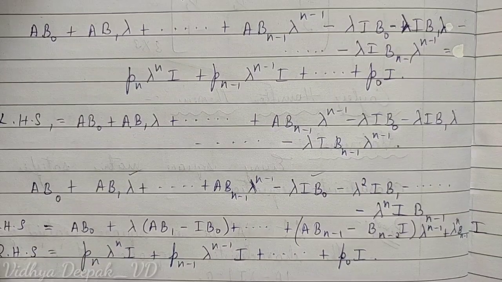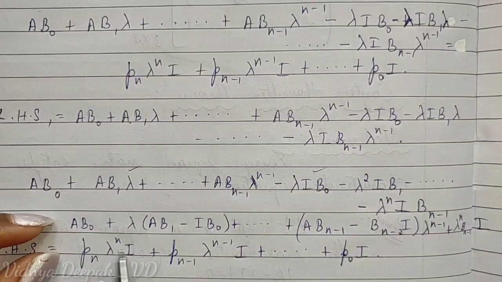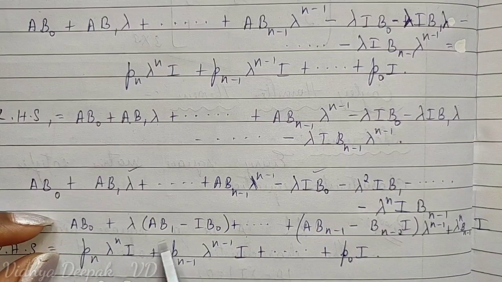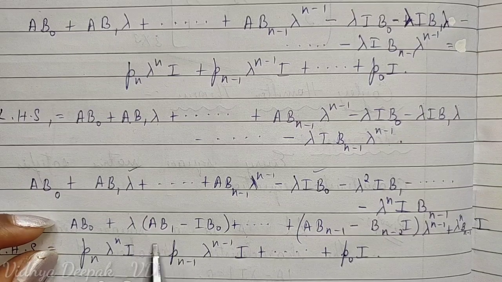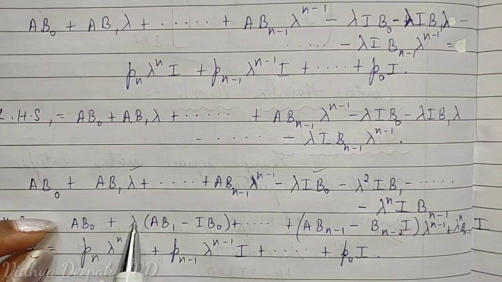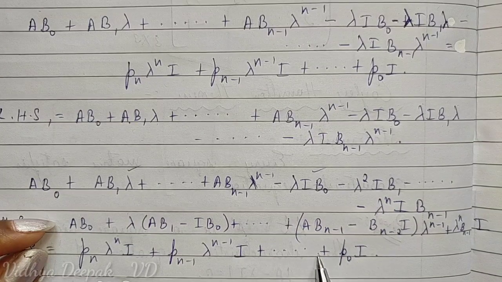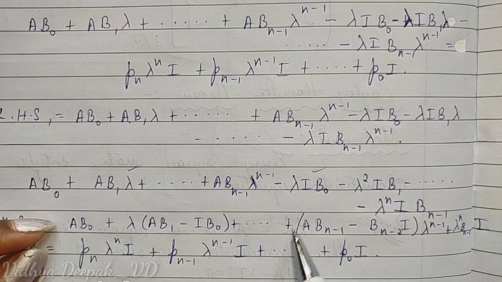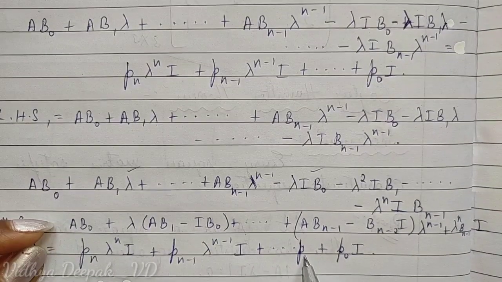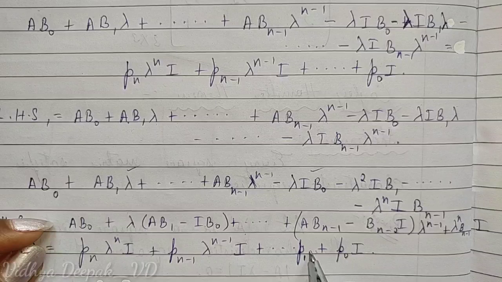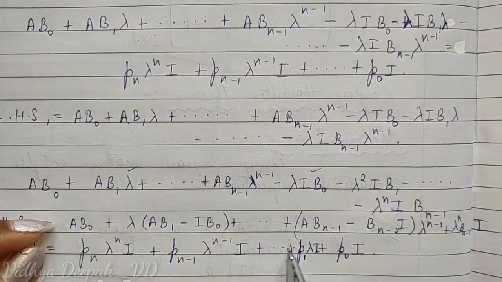Now comparing LHS is equal to RHS. So when we are equating this, can I take the coefficients of like terms to be equal? Yes, right? So we have lambda, that means here we would have had lambda prior to this term, that is lambda into P1, and again here lambda into I you would have had, right?